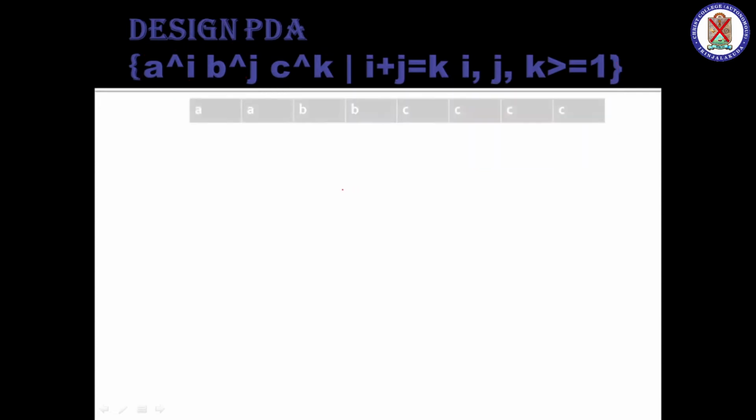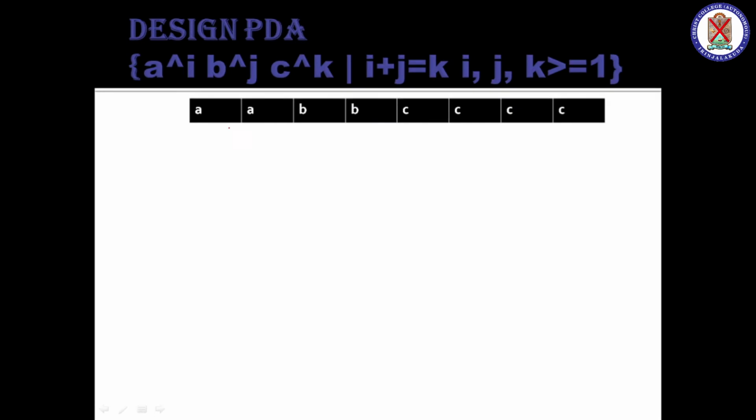We can see the complete insight into it when we see the examples. Now here I am assuming the number of a is equal to 2 and the number of b is equal to 2 and our number of c's must be equal to what? 4. And as I always say, when I design or illustrate the PDA's example, we are looking for only the satisfying condition. Unsatisfied will be stuck where it is not satisfied. Only the satisfying condition will move to the end state.